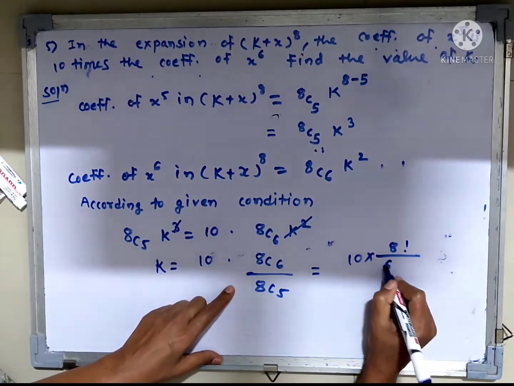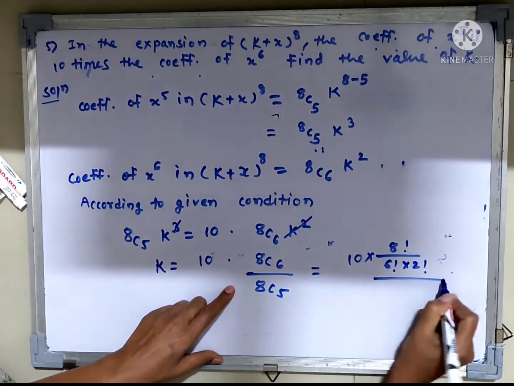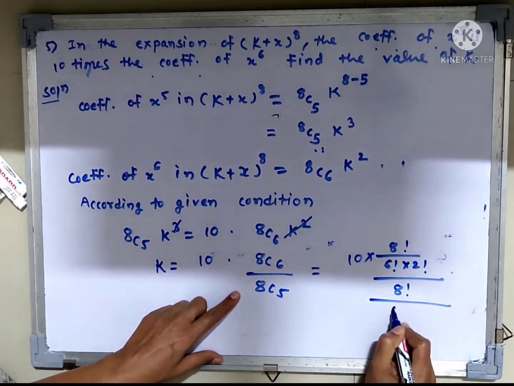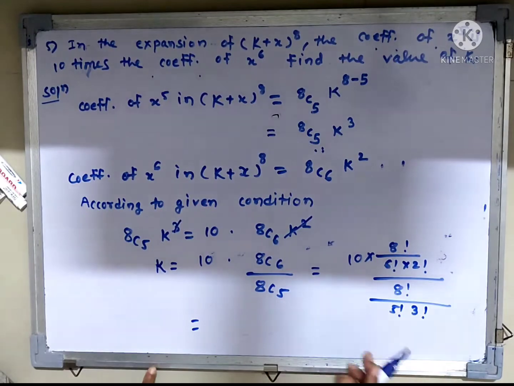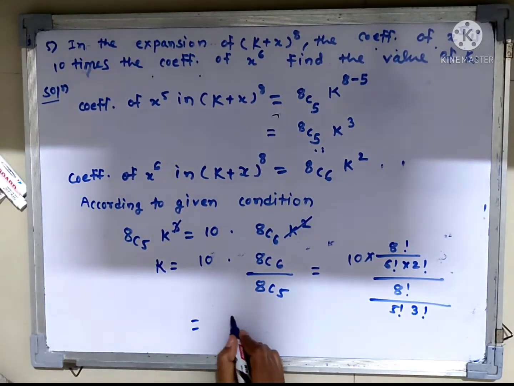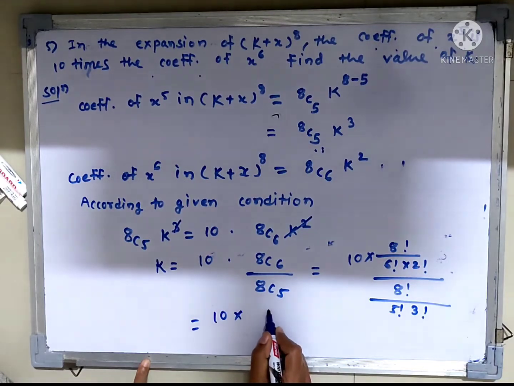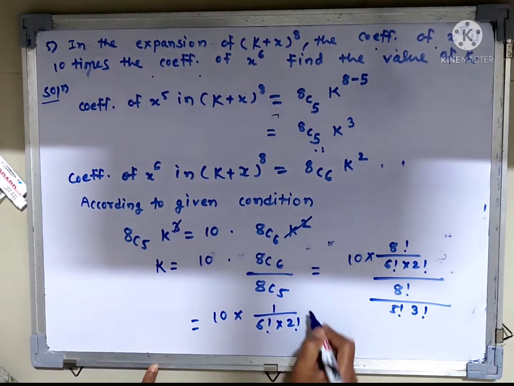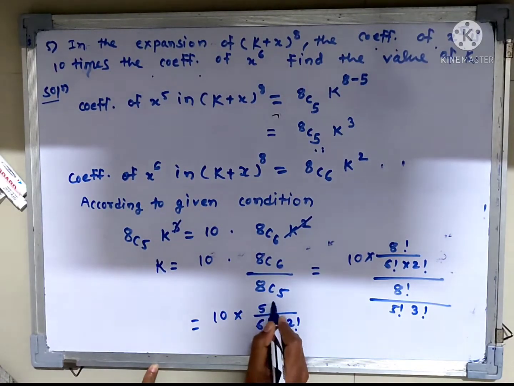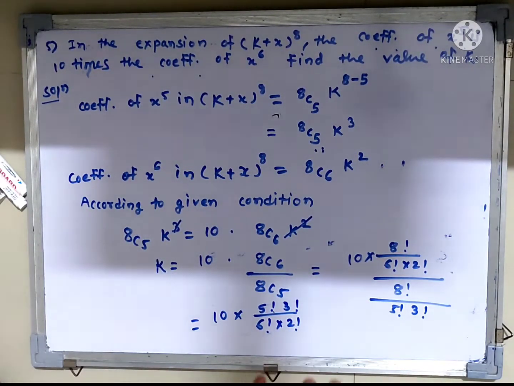8 factorial upon 6 factorial into 2 factorial upon 8 factorial, here 5 factorial into 3 factorial, which is equal to 8 factorial will cancel, this 10 as it is, this 1/6 factorial into 2 factorial, and this will go in the numerator, 5 factorial into 3 factorial. Now simplify that, which is equal to this 10 as it is,